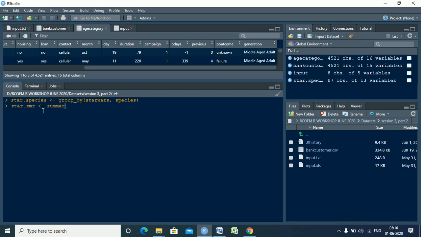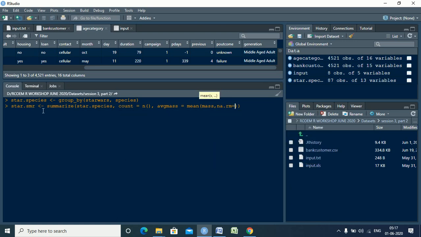I want to summarize. First use star dot species, right? Because over here I have done the grouping, that is why I am going to use the data set star species. Count, I want the count, right? So count, and according to average mass, I want the display of average mass which is equal to the mean of mass.